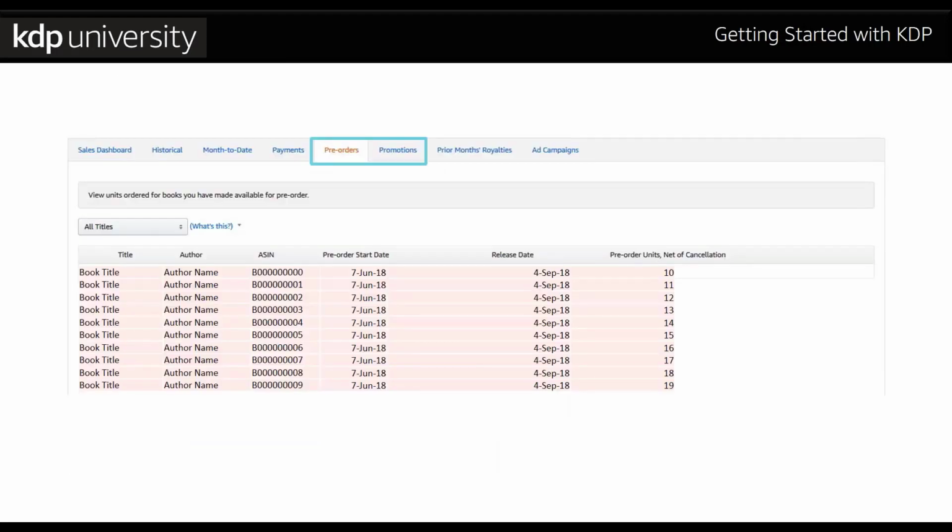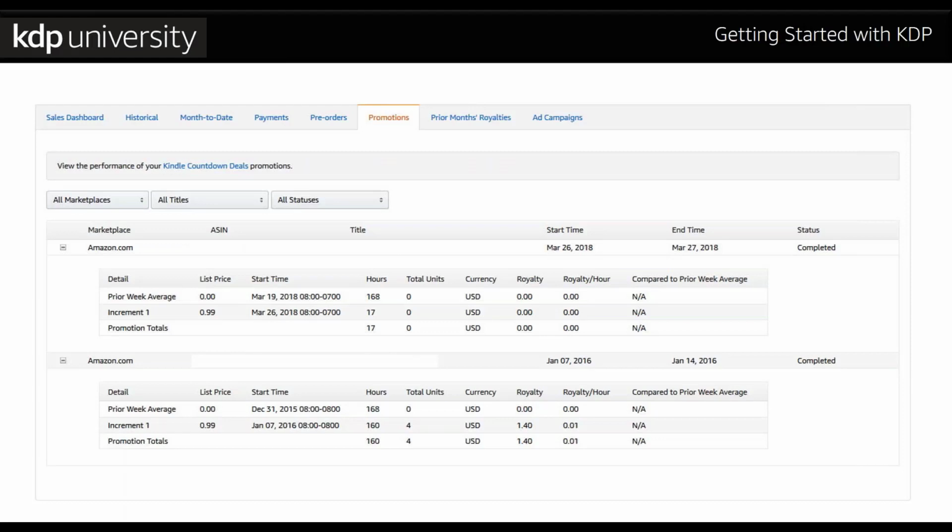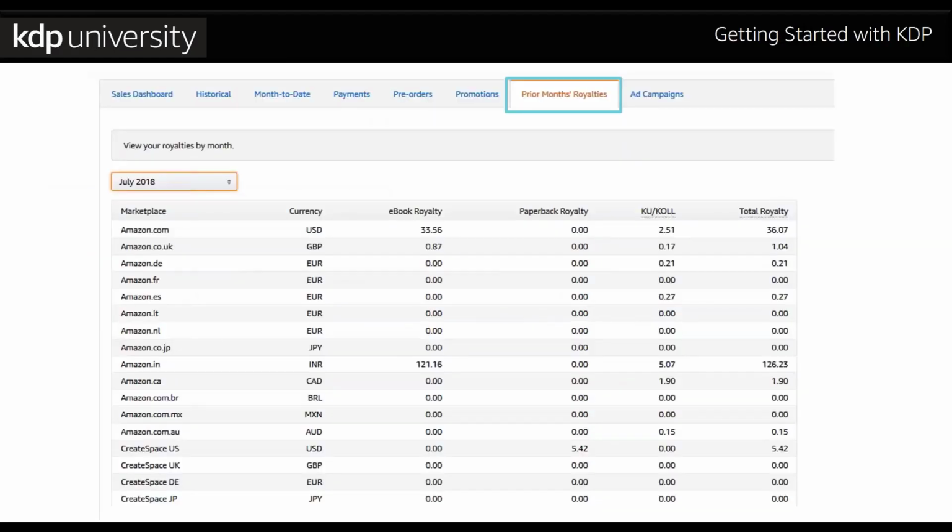Included in the reports section are 2 reports to help you track promotional campaigns such as ebook pre-orders, or track your KDP Select promotions like Kindle Countdown Deals. The prior month's royalties report shows your expected royalties payout per month. These reports populate on the 15th of each month and will show your expected payment in 60 days. So prior month royalties shows what you earn monthly, and here on the drop down, you can customize the months and where you would like to check